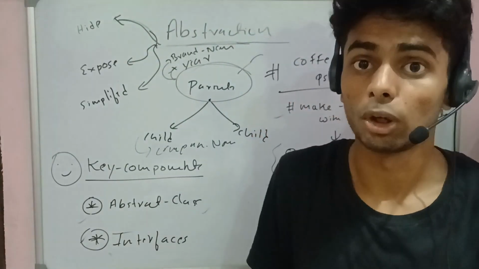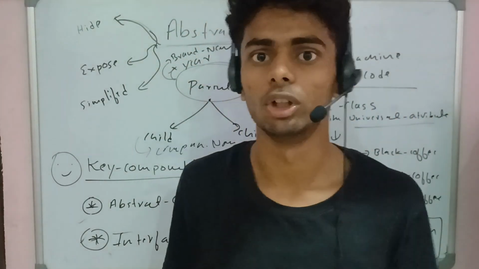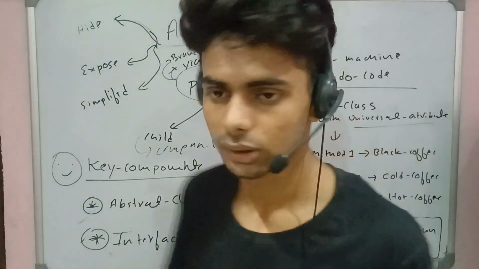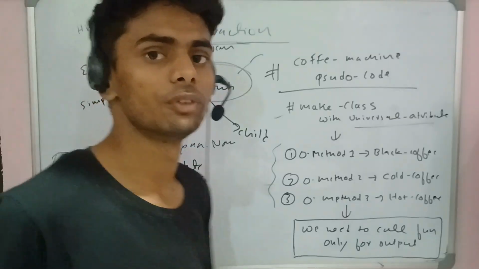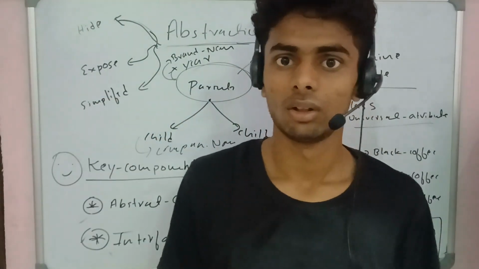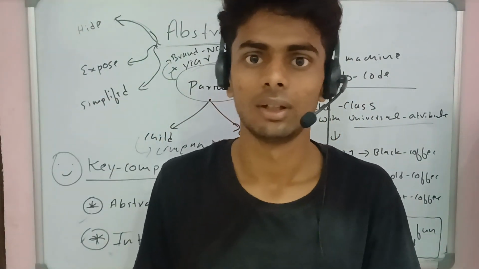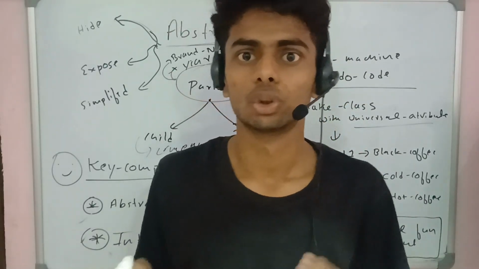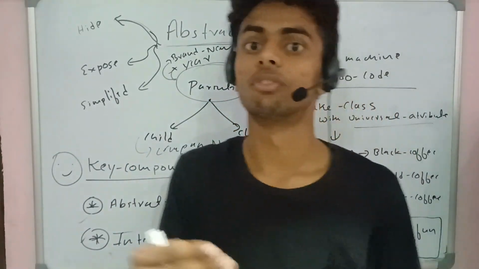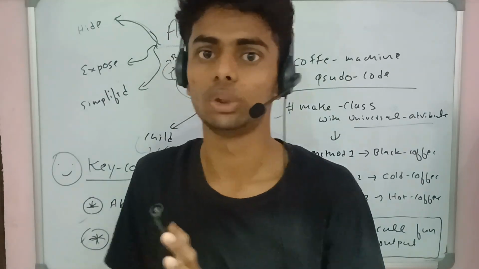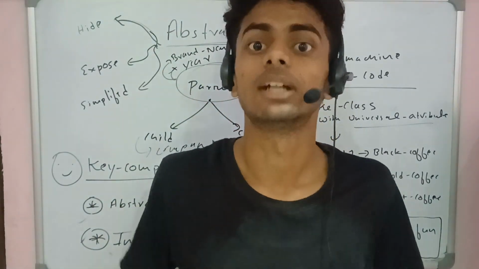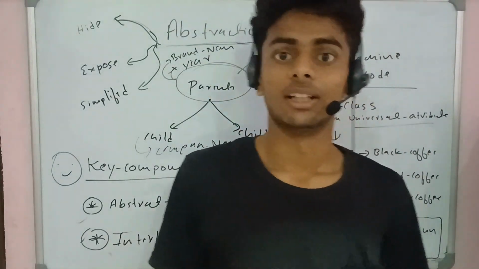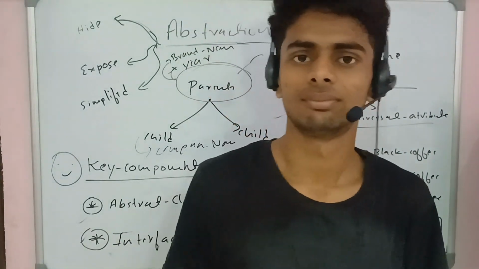Here we are using the polymorphism concept, but I will explain what polymorphism is. In this one, we call only the function of each of them. We click only a button to do that function, rather than dealing with the backend logic. So that's all about making a friendly system so the user can interact in the easiest way. That's all about abstraction. Okay, let's come to the next part, polymorphism.